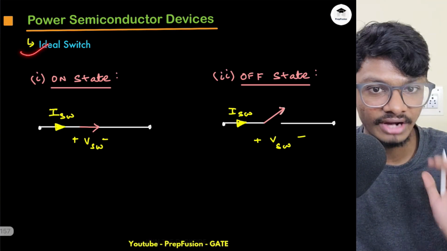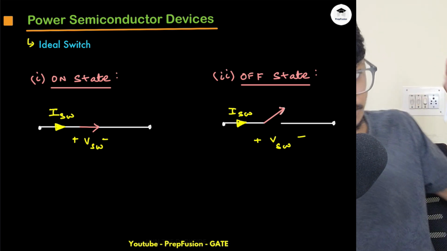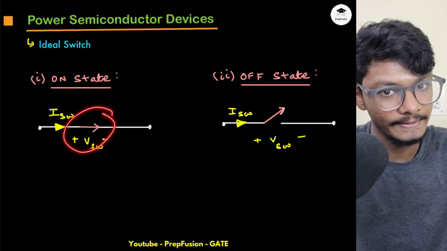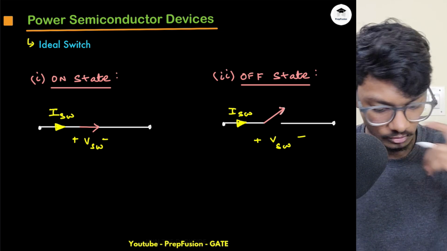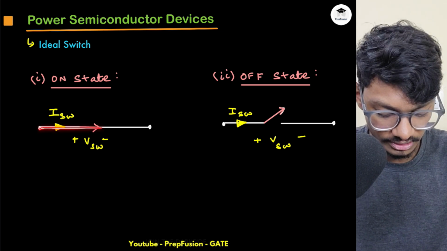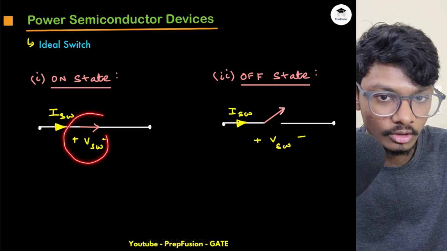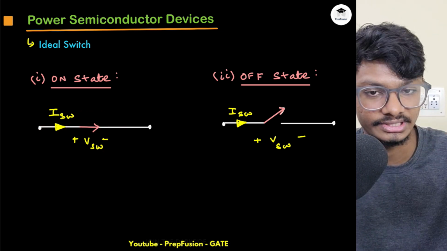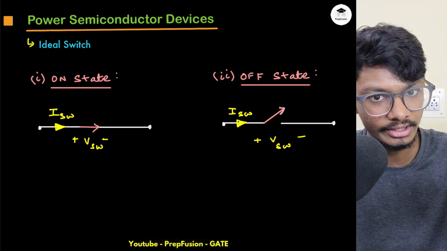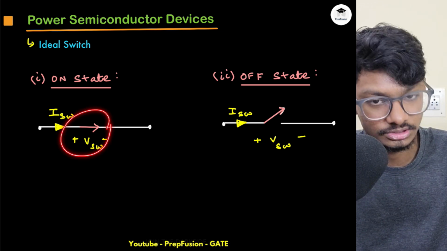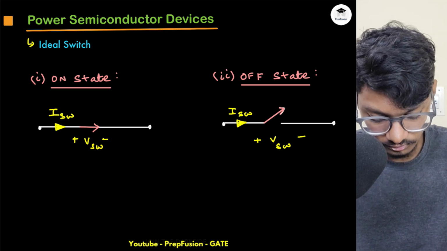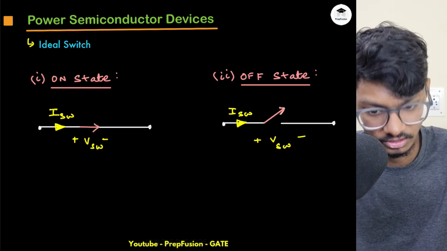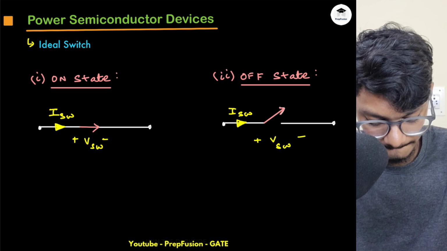So if we have an ideal mechanical switch, and it is on, it should allow all the current to flow. If it allows all the current to flow, what will be the drop across the switch? It will be basically like a wire, and the drop across the switch will be 0, because the drop across a wire is also 0. So VSW, the drop across the switch, is